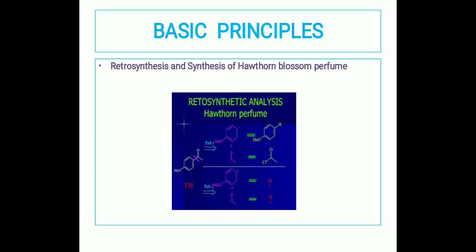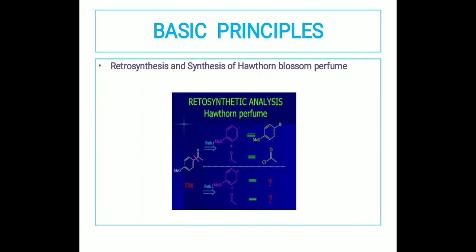First is the disconnection between the benzene and the acyl group. The pink line which you can see here is the disconnection, the first step involved in the retrosynthesis. So we are disconnecting the benzene from the acyl group. What are the synthons obtained? The synthons obtained are the anisole carbanion and the acyl cation, for the disconnection of the target molecule para-methoxyacetophenone.